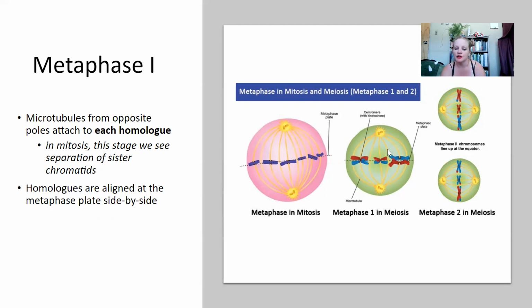Okay, we want to make sure that each of our daughter cells that result from this has the right number of chromosomes. We don't want this cell to have 4 chromosomes and this one to have 2, we want each of them to have 3. And so this lineup is going to ensure that the right chromosomes end up at the right poles, so they end up in the right cells, so that we can go on to do the rest of meiosis and make sure that our resulting cells are going to be viable.